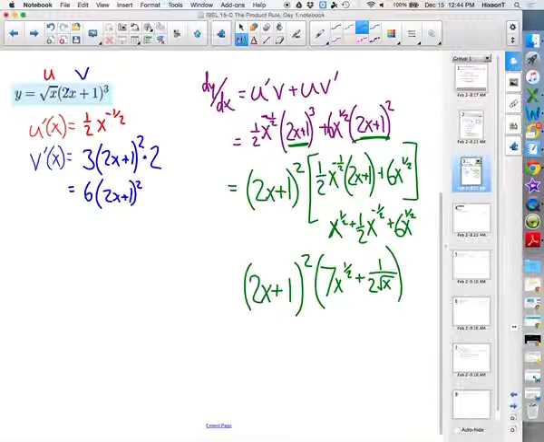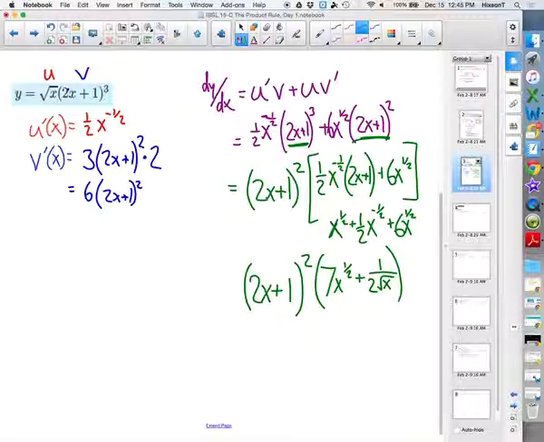If I left it like this, would I get points or no? Well, you'll get most of it, but if you see something that you can just distribute, go ahead and distribute. If you're having to do a 2x plus 1 cubed, you don't need to cube the whole thing out, but if you see a situation like this where you can distribute that in, then go ahead and distribute that in. Now what Derek said was you can take out an x to the 1/2